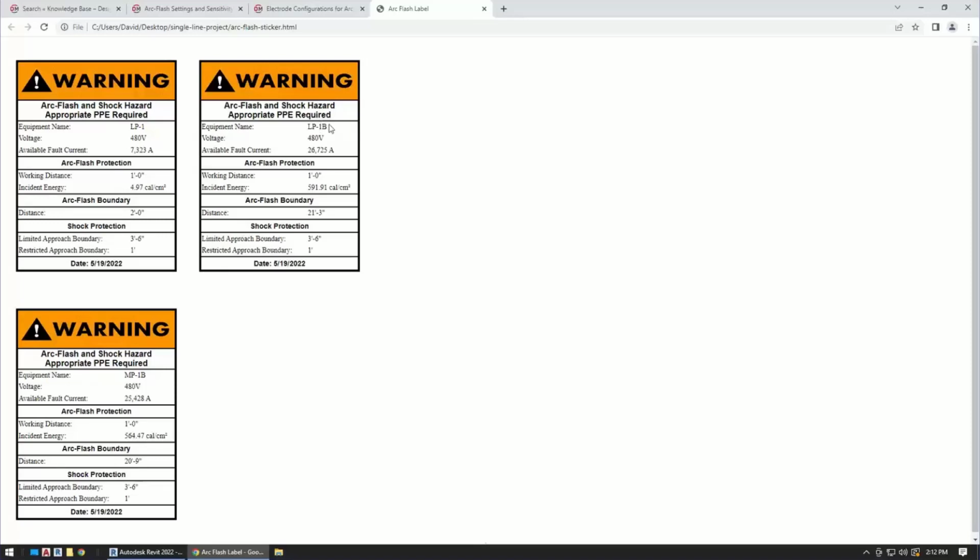We list the equipment and the voltage and the fault. Then for the arc flash protection, we list our working distance assumption and the incident energy. We do not list the PPE on the sticker. That is intentional. The NFPA has gone through various changes, and they currently recommend that you not do that. So you just list the incident energy, and then the facility needs to have some sort of document that says,